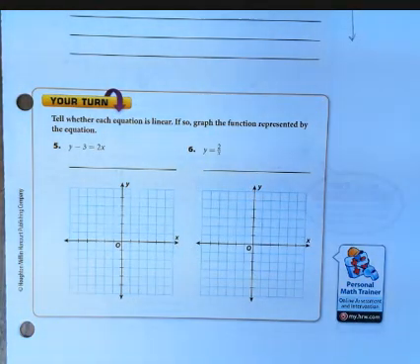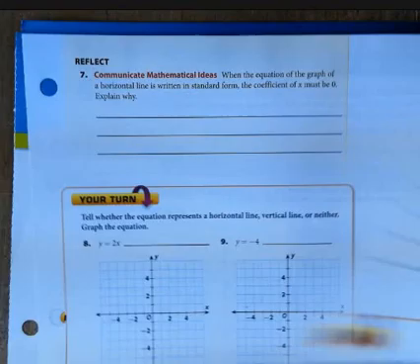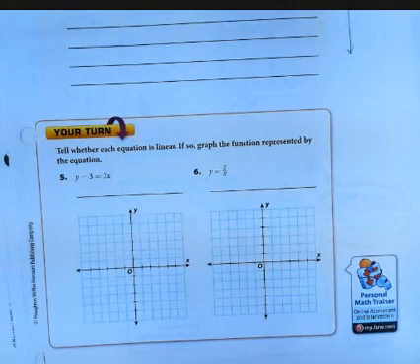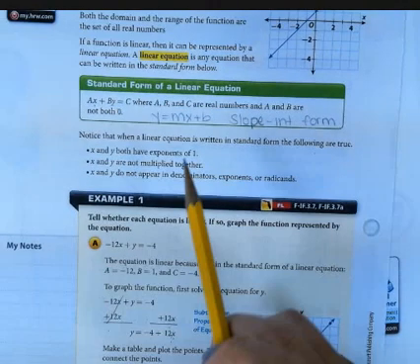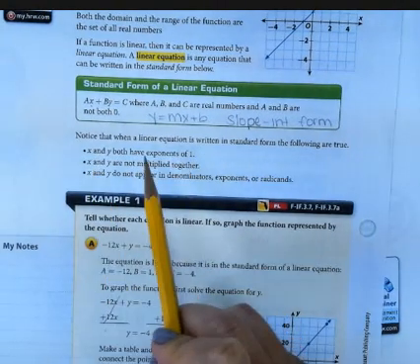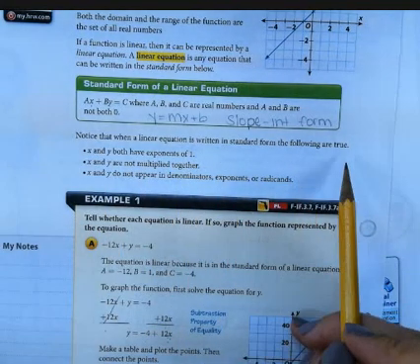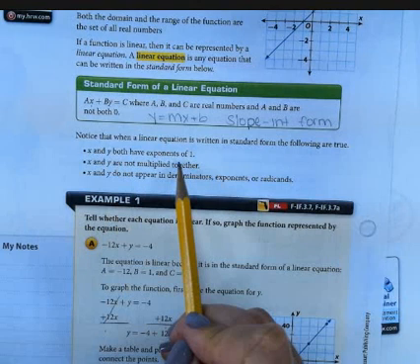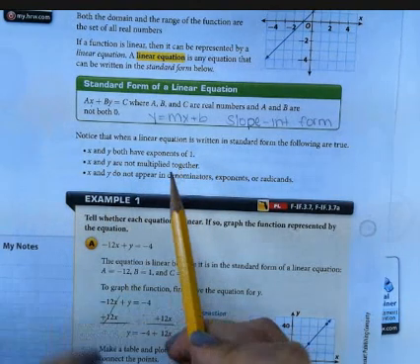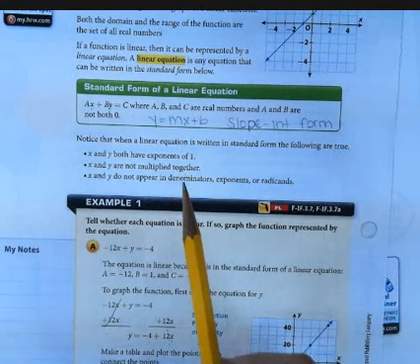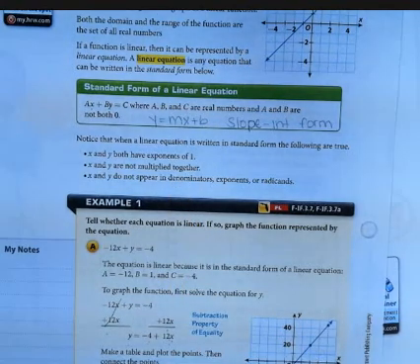Now if you recall from page 156, in the middle underneath where it said the standard form of a linear equation, let's go ahead and pull that up so you can see it. Here we go. It says, notice that when a linear equation is written in standard form, the following is true. x and y both have an exponent of 1. What that means is that you cannot have a second power or a third power, and an exponent of 1 basically means that you don't have an exponent written down. The other thing is that x and y cannot be multiplied together,